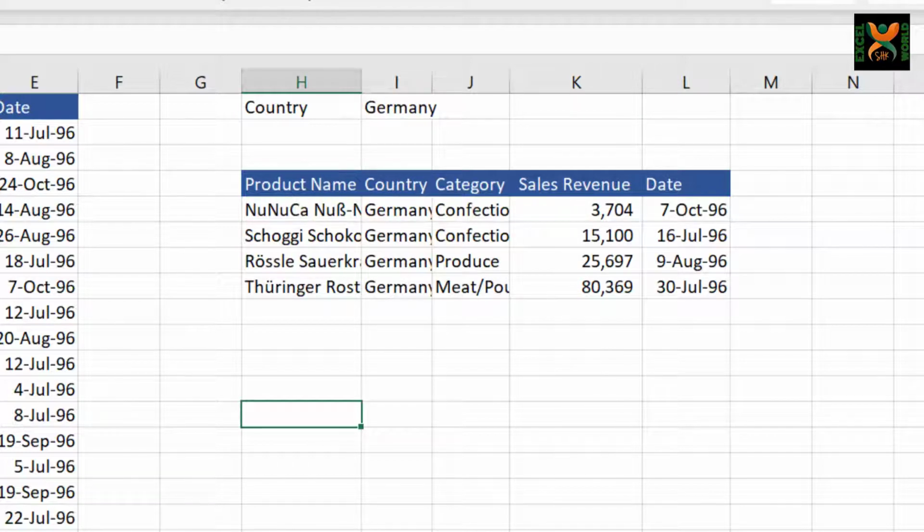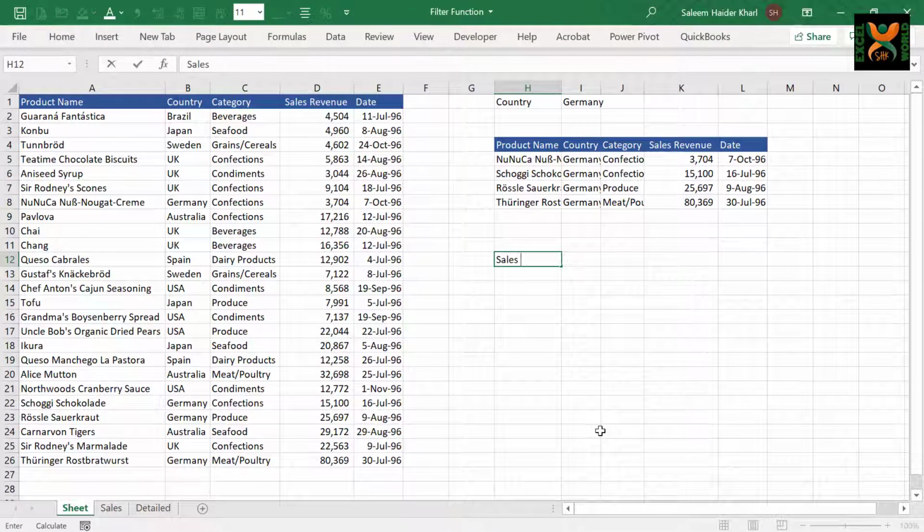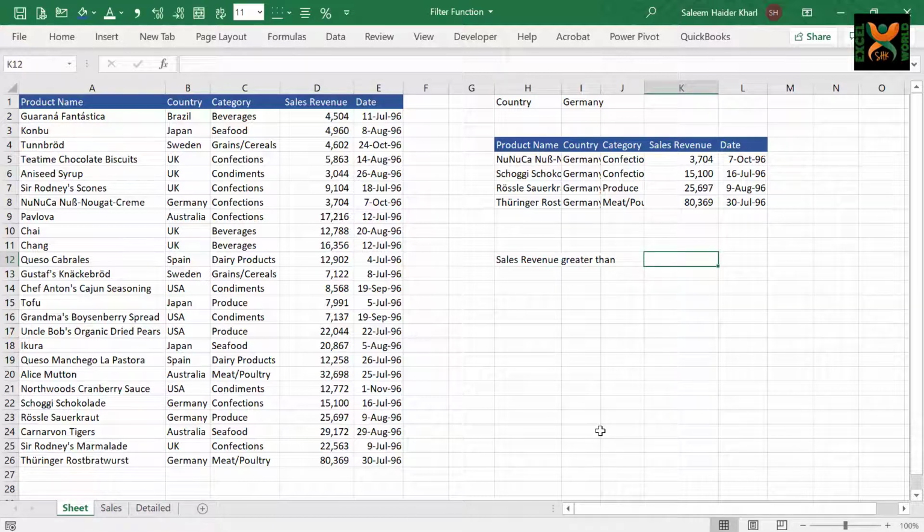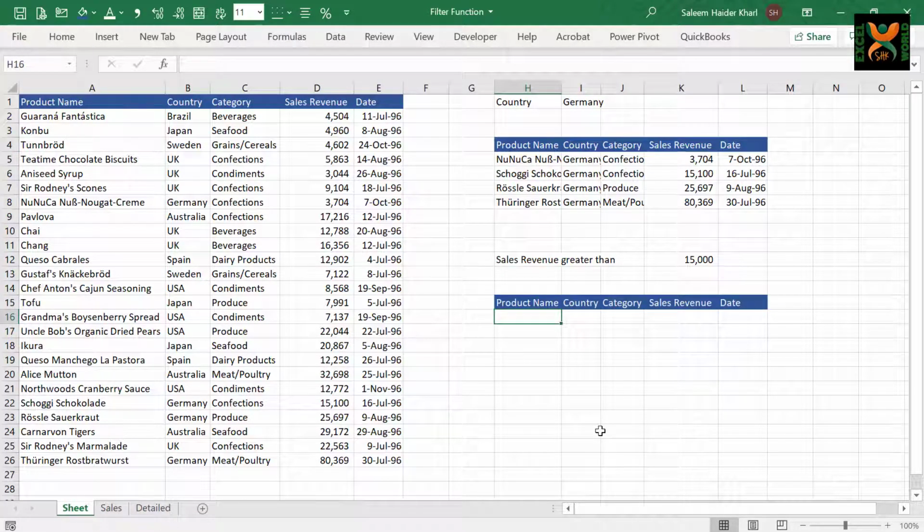You can use the sales revenue, you can use the date, and apply some logical condition to it. Like if I use sales revenue greater than, let me say I want sales revenue greater than 15,000. I want all of the rows to be filtered out here where the sales revenue is greater than 15,000. So we can follow the same steps. Just copy the heading below, and just below the product name heading write the formula: equal to filter, press tab,